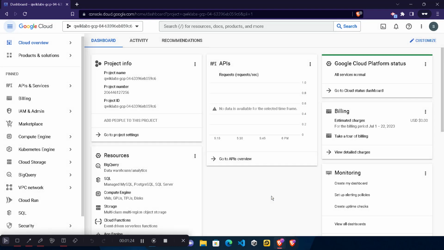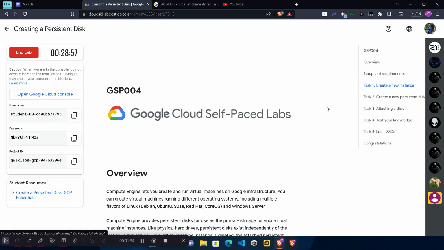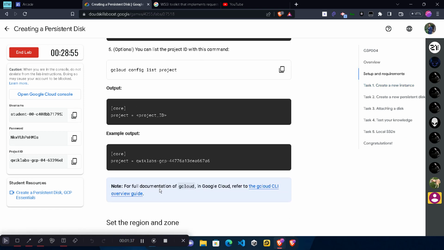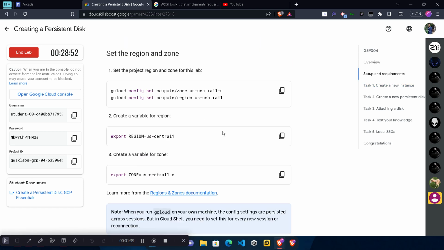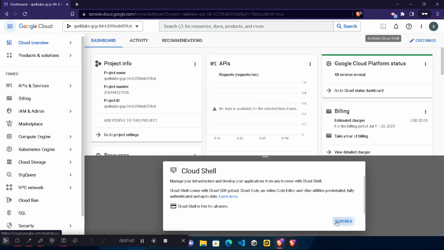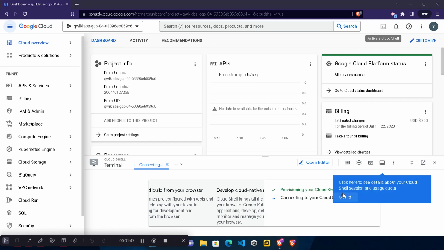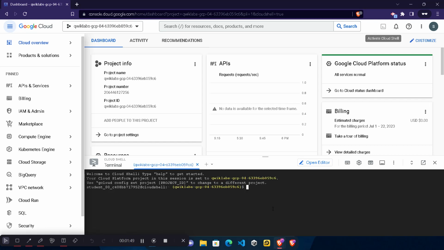So first of all, we need to activate our Cloud Shell now. Click on this activate Cloud Shell button and it will synchronize the Cloud Shell. So wait for the terminal to be loaded up. While it's executing, simply come back to the lab. What you need to do, click on this task number 1, scroll up a little bit and under set the region zone, we need to copy these commands. So first of all, copy this command, come back to the terminal. It is still synchronizing. Click on the continue button. Wait for the connection to get established. Click on this got it button. Now we are in our terminal, so we are good to go.